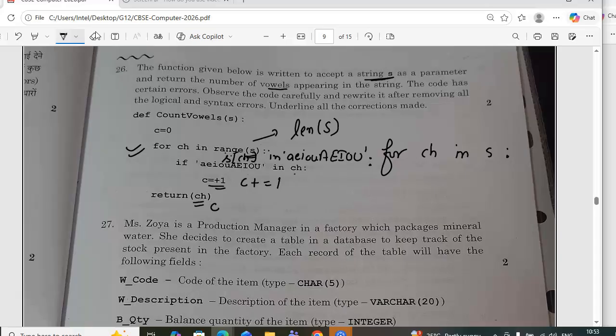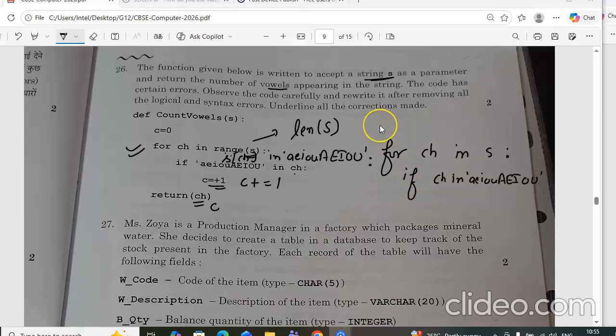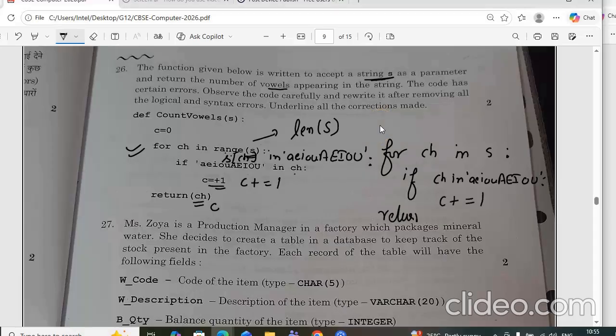So it is done. If I go for this, what will be the correction? If you write ch in 'AEIOUaeiou', then C += 1 and then return C, which will be parallel to this for loop. So anything is fine. Both are correct.